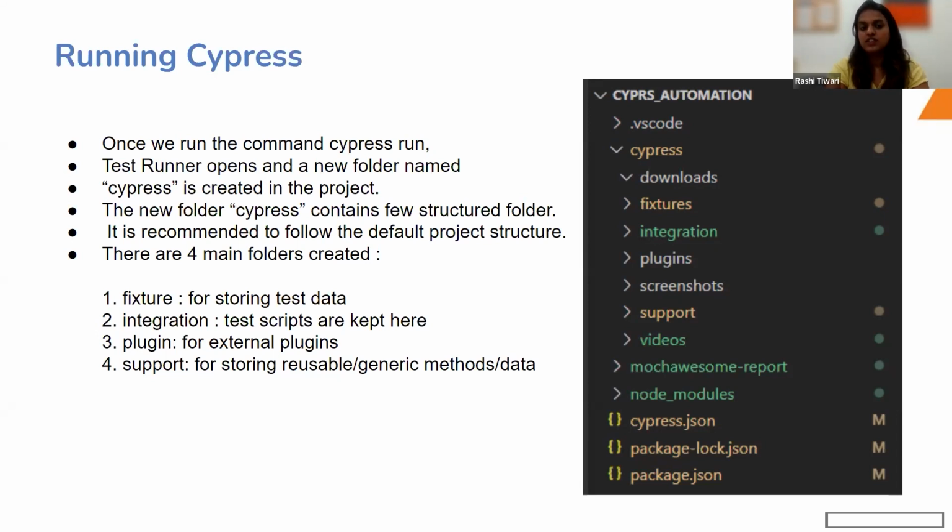And the second folder is the integration folder, in which we maintain our .js files. The code is written in the JS files under the integration folder. The third is plugin, which contains any external plugins. And fourth is support, in which we can write any reusable or generic method under the commands.js file. So these methods can be reused in integration again. So this is the basic structure and the basic framework which comes inbuilt, and it is recommended to use the